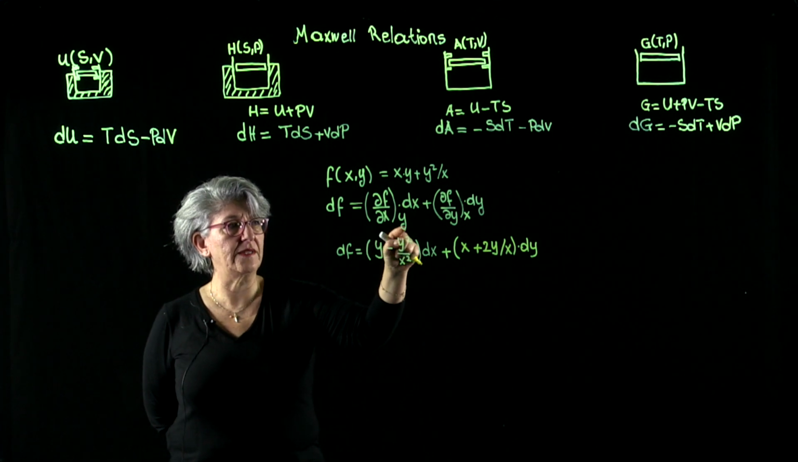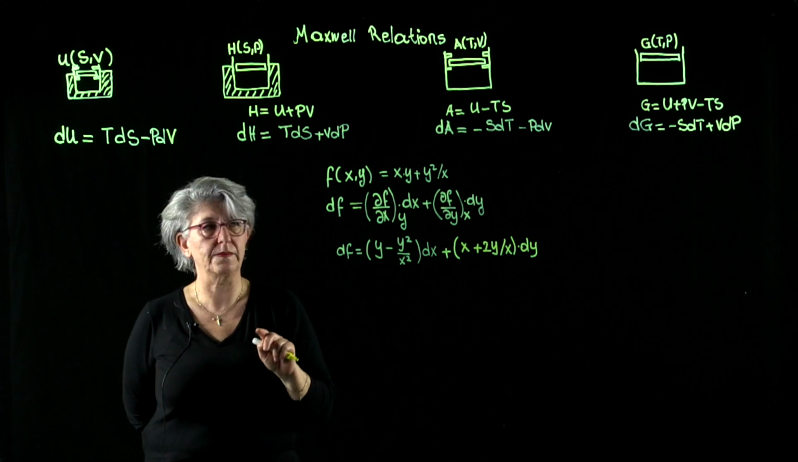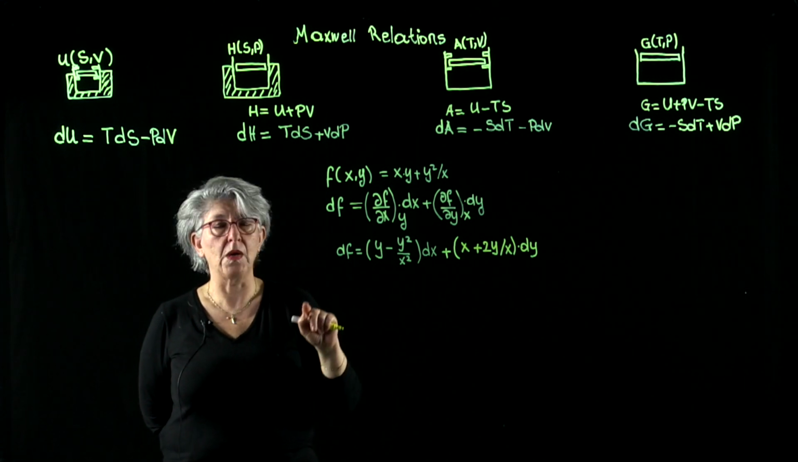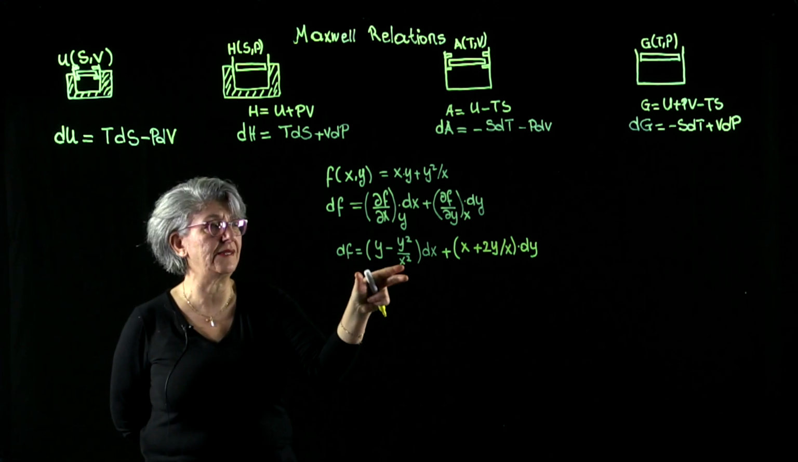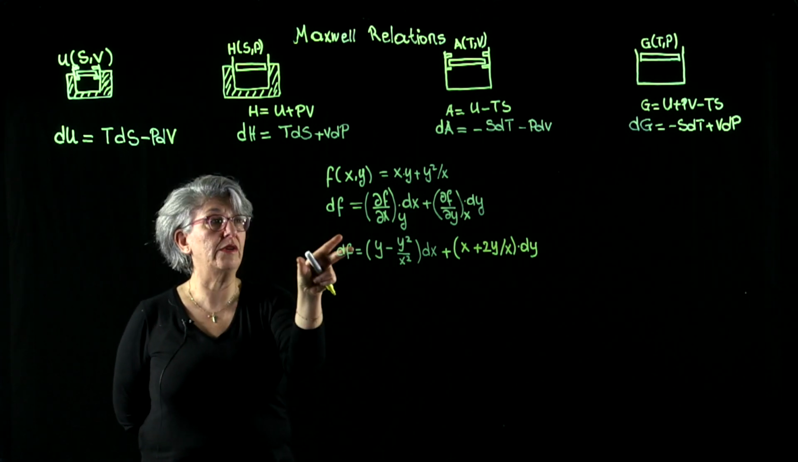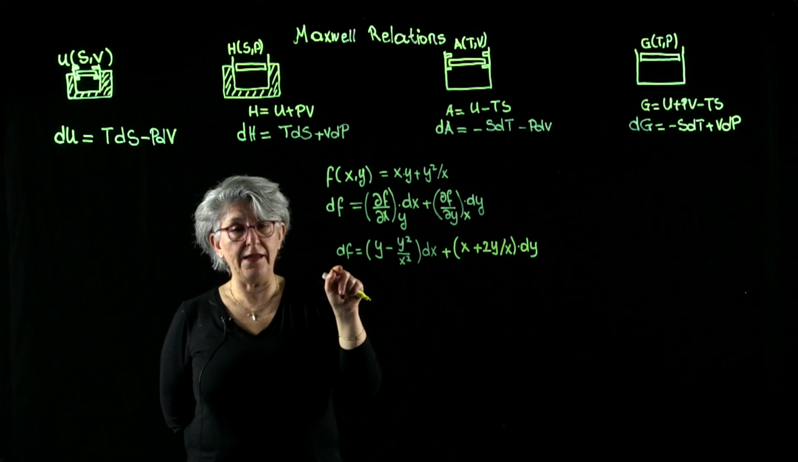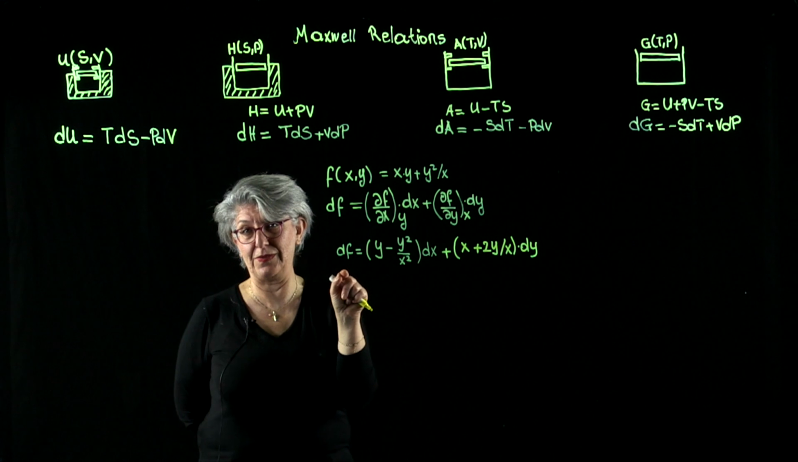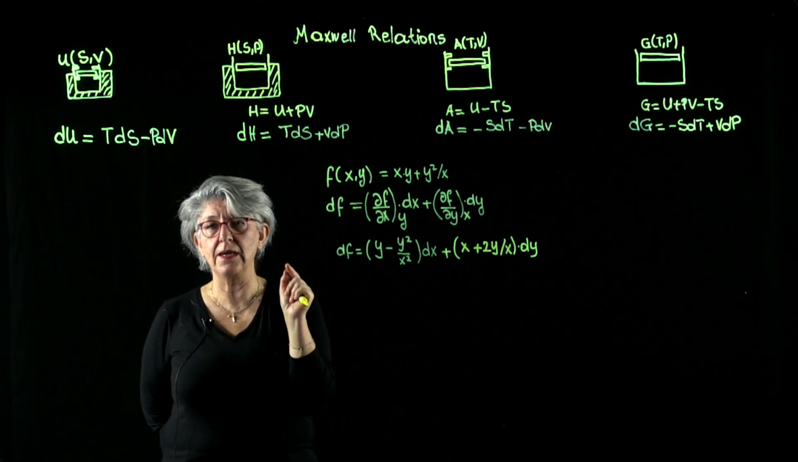Del f over del x, keeping y constant. Del f over del y, keeping x constant. So, I'm going to take one more step before I go back and apply these rules to the equations that I'm going to derive. Now, if my domain is conservative, if f represents a function that is